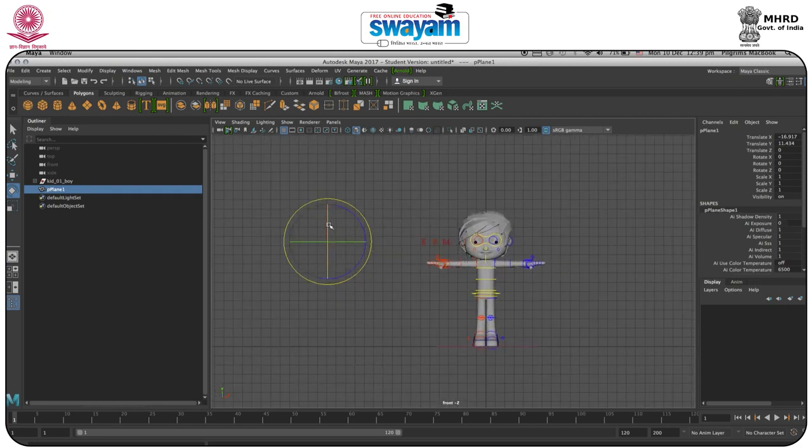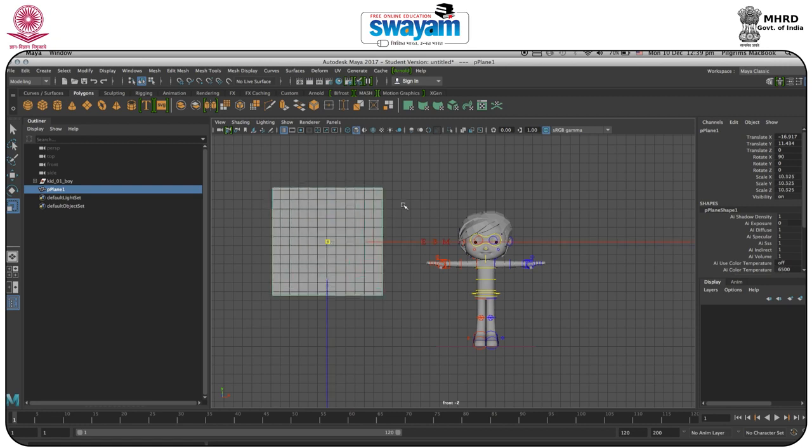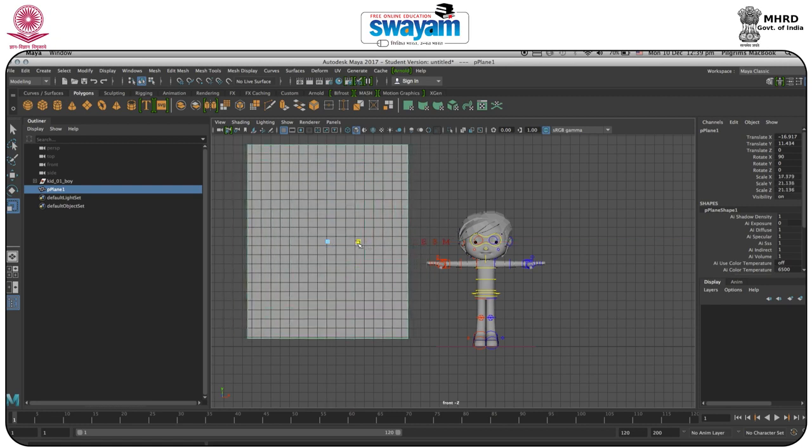Because interactive selection is off, we'll rotate it by 90. After that we don't require this amount of segments, so we'll go to inputs, and here you have these segments, 10 by 10. I will just have only one, because we only have to set this for reference purposes, and will decrease the size. I will not follow the exact dimensions of it, because I just need the image to be over here and just work by looking at the reference.